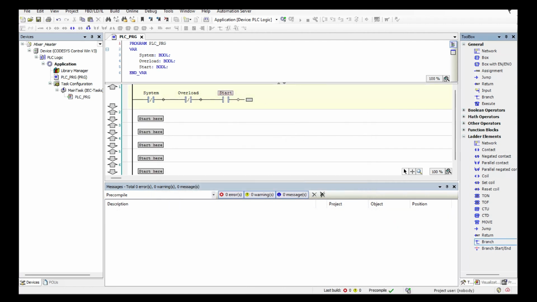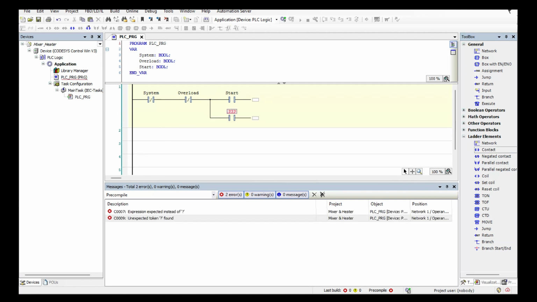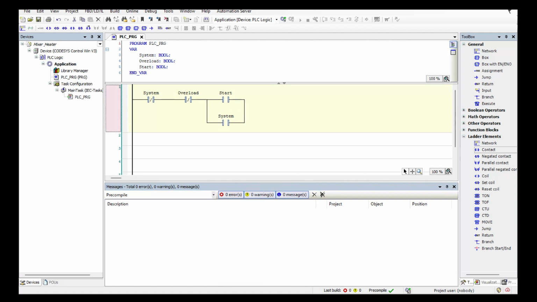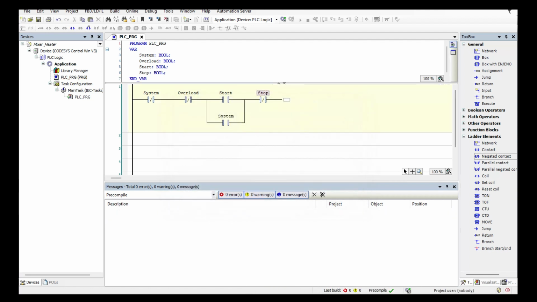Then we'll be having a branch here, and one more contact that goes under together with the start for the system. Like this. Then we will have one more for stop. And then we will have a coil